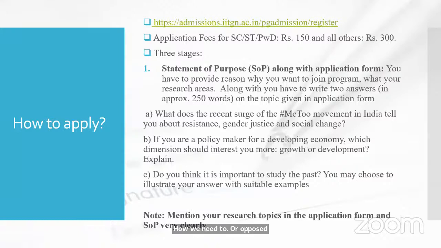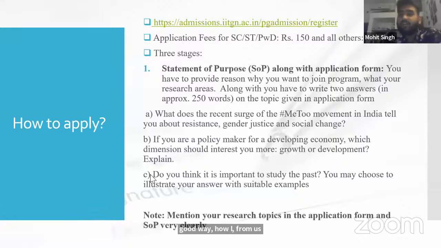Because for the last one month I have been trying to answer this, but I erased all the answers because I thought this is not good and this is not. I read this three times, but while reading the next time I erased all three answers. I had an insecurity in my mind that it could be wrong and that it's not the way IIT expects from us. Yeah. So basically, you see, the good way of writing any answer is that you need to have three